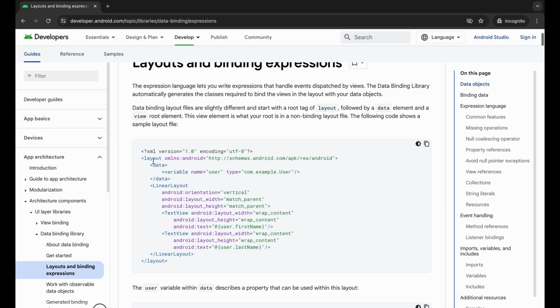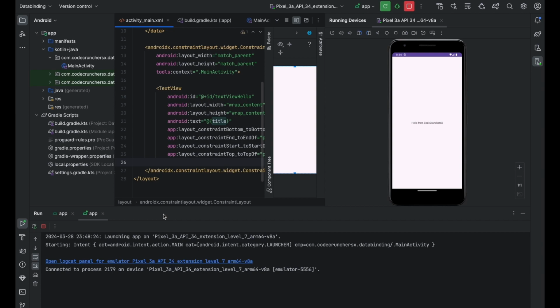So if you take a look here, in our example, we showed our type as a string type. We can also use a custom model class, and we can get the value from getter and setter, like first name, last name. And that's it guys. With data binding, we can easily bind data to any UI elements and even update them dynamically as our data